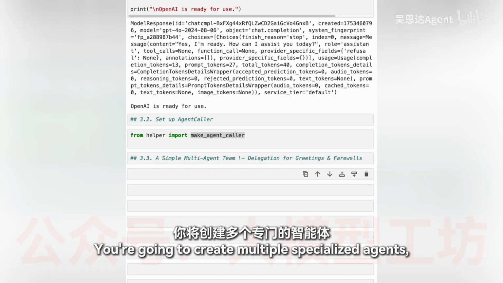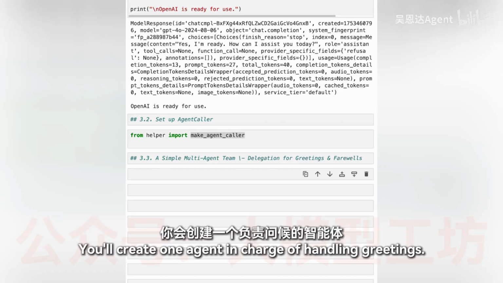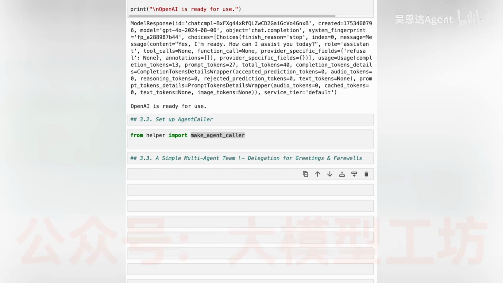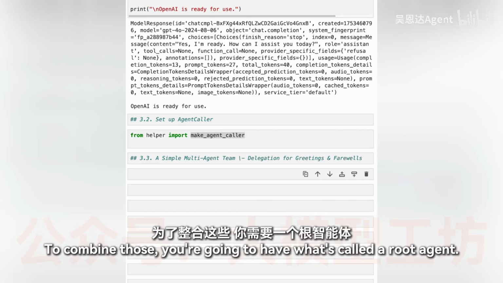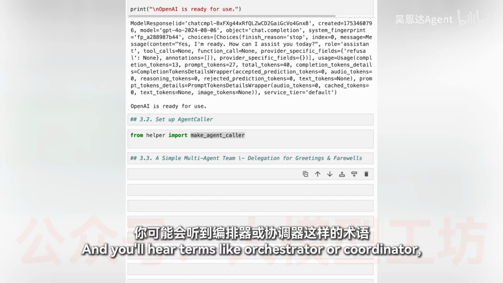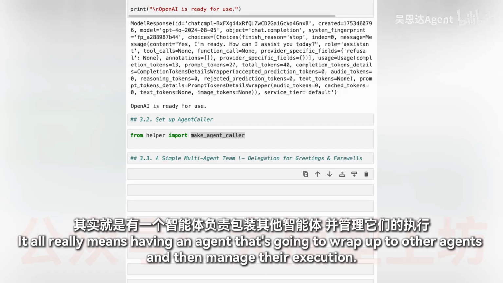You're going to create multiple specialized agents, each designed for a specific capability. You'll create one agent in charge of handling greetings. That's the say hello agent we had before. The new agent is going to take charge of saying goodbye. To combine those, you're going to have what's called a root agent, and you'll hear terms like orchestrator or coordinator, top-level agent. It all really means having an agent that's going to wrap up two other agents and then manage